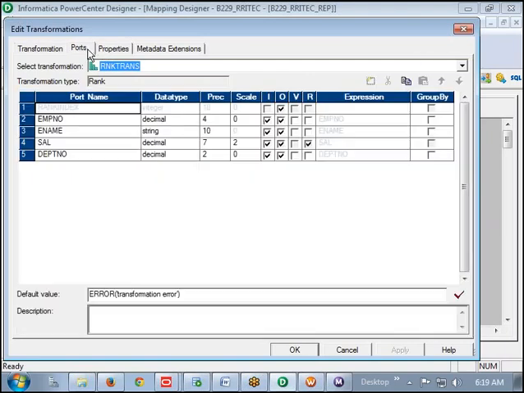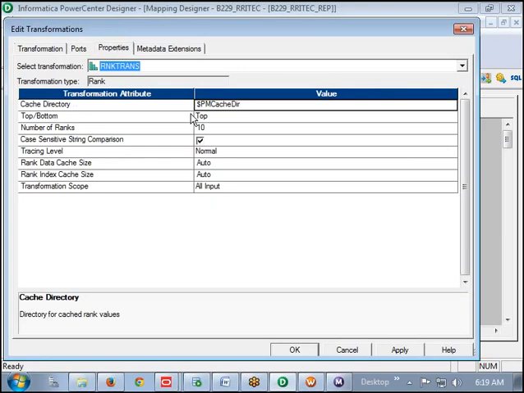Excellent. Excellent, excellent. That is correct. Only one option you have to change, that is department number. And you want the top three ranks, right? You can go to the properties. There we can change the 10 into 3. So from each department we want 3 ranks, 3 employees I want.